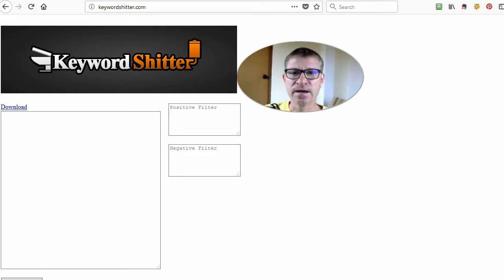Today I came across a nice free keyword research tool that will bring you a lot of ideas and help you get the perfect keywords you want for your campaigns. It's called Keyword Cheater, so don't mind the name, it's a bit strange, but that's it. At keywordcheater.com, simply enter your keyword, let's say dog walking,